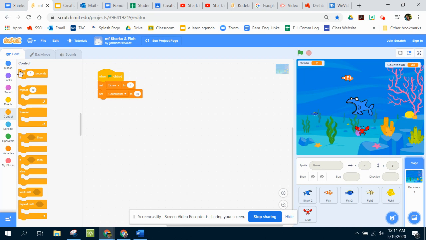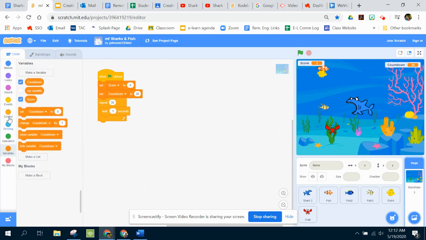Because a repeat loop in conjunction with wait a certain number of seconds is going to help us count down from 30 to 0. So you're going to start by bringing over a repeat loop. And since it's a 30-second counter, we need it to repeat 30 times. Now, all we want it to do is wait 1 second, and that seems great. But if you start your countdown now, it's waiting, but nothing's happening because we didn't tell it yet to change that variable at all. So you're going to go back to your variable blocks, and you're going to go to change countdown